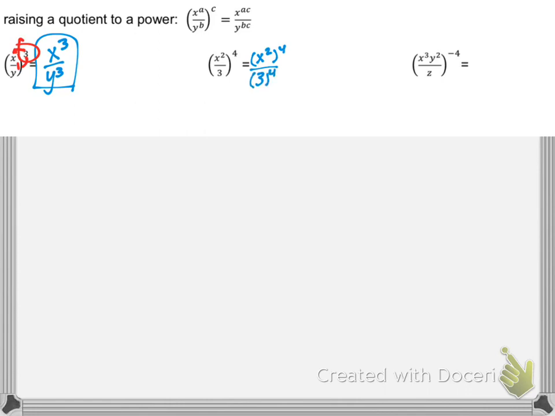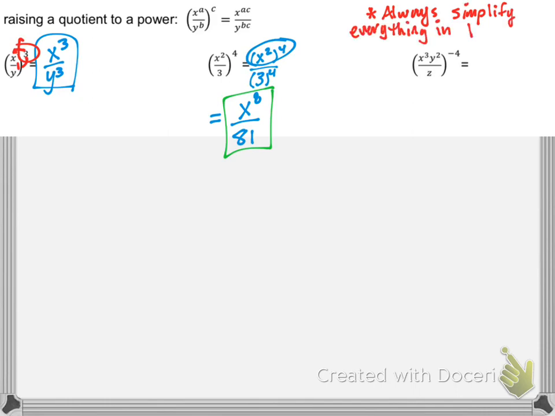So now I actually do this little rule out and get x to the 8th, and then 3 to the 4th is 81. Done. All right, so there's a couple of ways to do this one. Always simplify everything inside the parentheses first. Now, it already is done here, but we'll give you ones that got a lot of stuff going on there. Simplify the inside before you deal with this exponent out here. All right, so now that that's done,